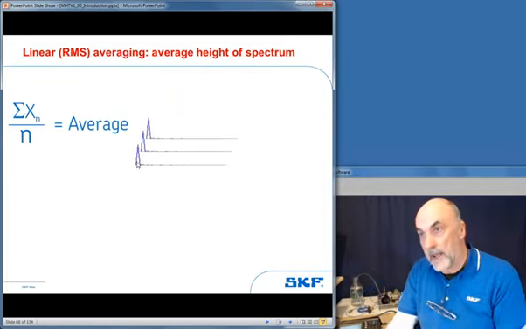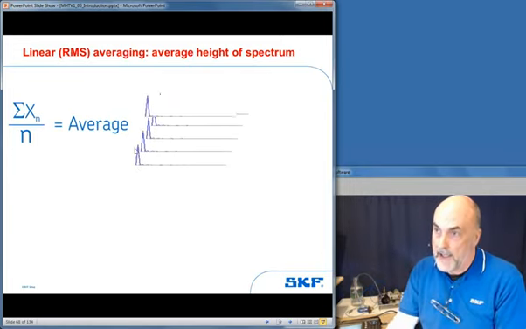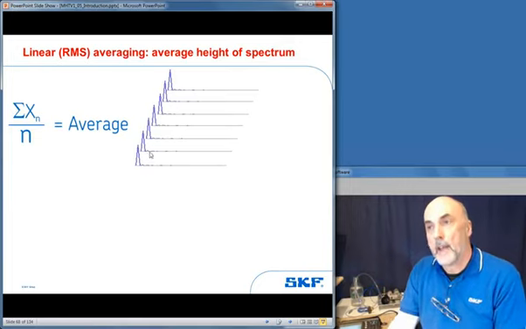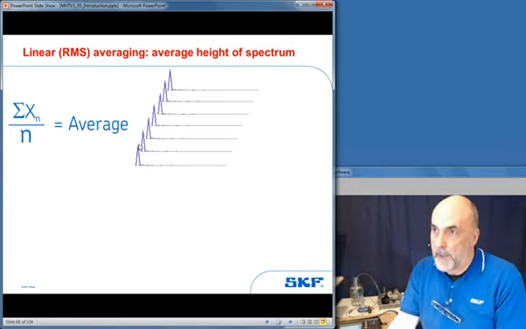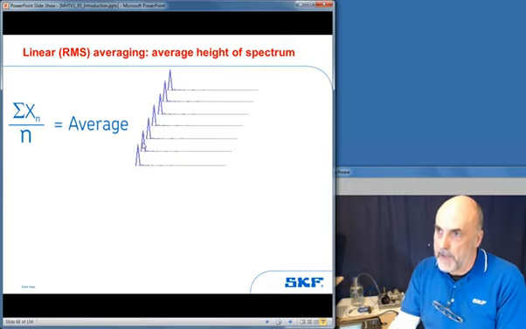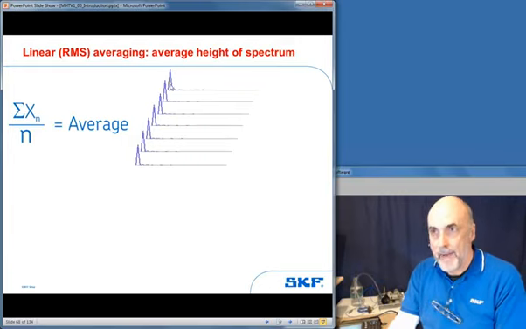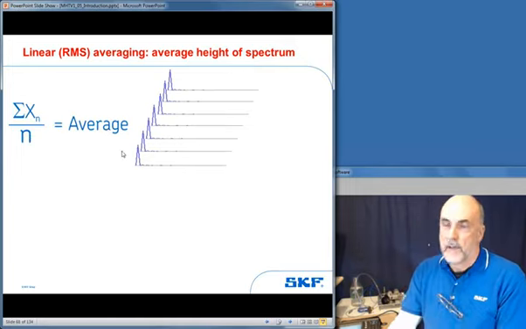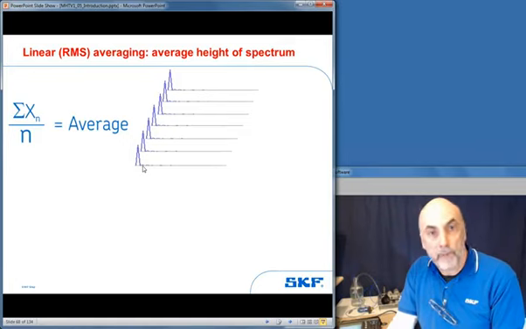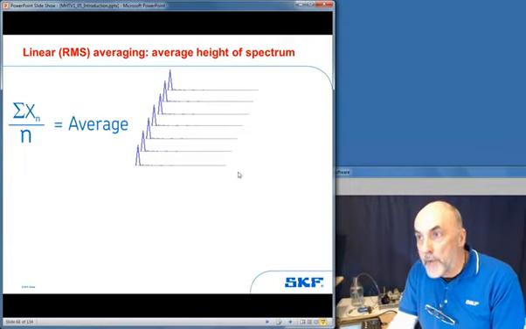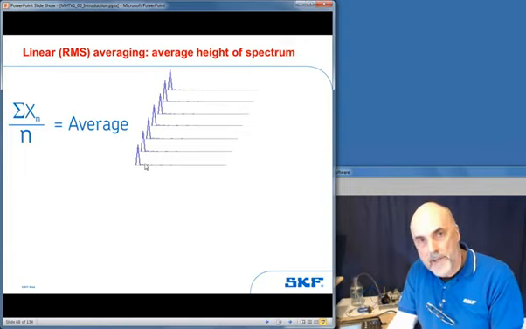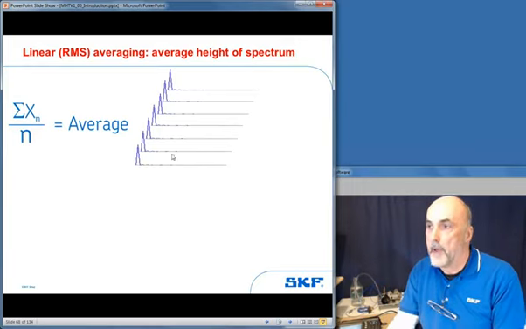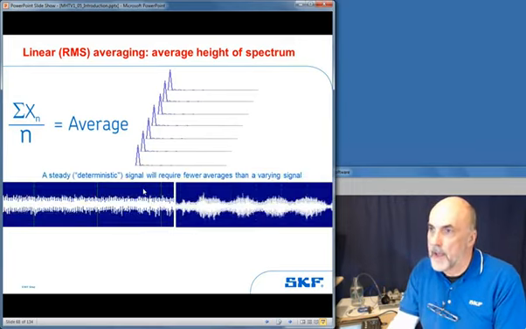When it comes back to doing it with spectra, all you're doing is taking a series of measurements, one after the other. You take your spectrum, you measure the height of the peak, take the next spectrum, measure the height, put it into memory, and where have I got? 1, 2, 3, 7 spectra there. So you add them all together, and you divide by the number of spectra, and that is your average height. Not forgetting, of course, that we might be dealing with a 400 line, 800 line, 1600 line spectrum, where we've got 400 numbers. So this process does it for every single peak in your spectrum. But I'm just using the height analogy just to get that message across.